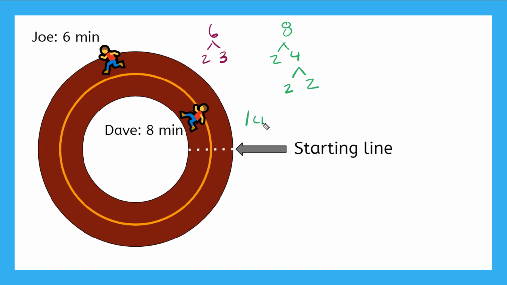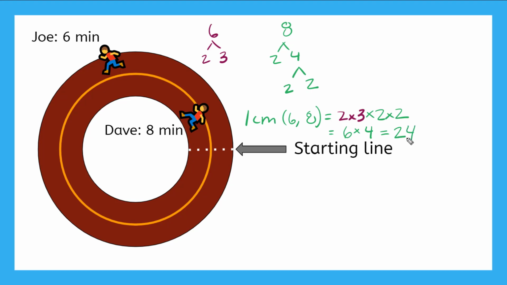So my LCM for 6 and 8 will be, well, to represent my 6, I need to have 2 times 3. And to represent my 8, I need to have three 2s, but I already have one 2 down here, so I need to add 2 more here. And then all I need to do is multiply these out. So 2 times 3, that will give me 6, and 2 times 2, that gives me 4, and this is equal to